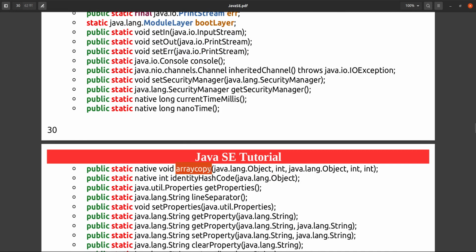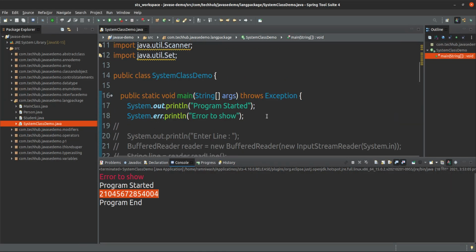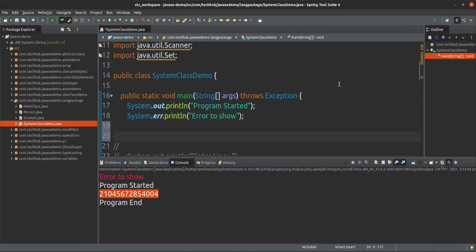You can copy an array from this to this one, from this index to this index, something like that. Suppose arrays are there. If we create two arrays, int a is equal to the array we have created, 8, 9, 6.